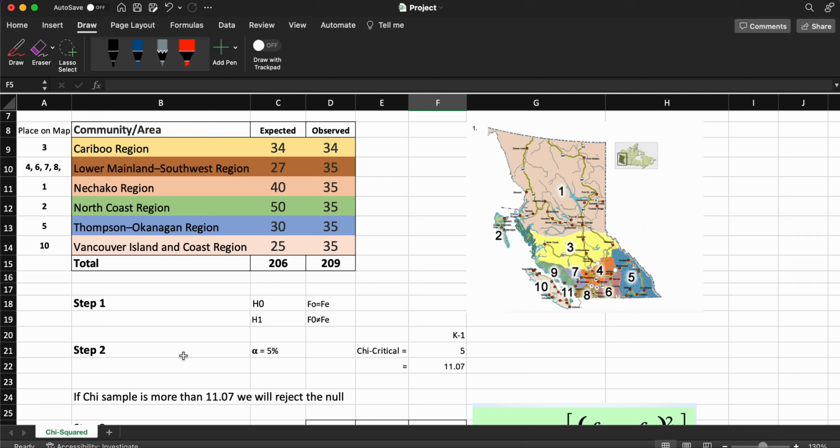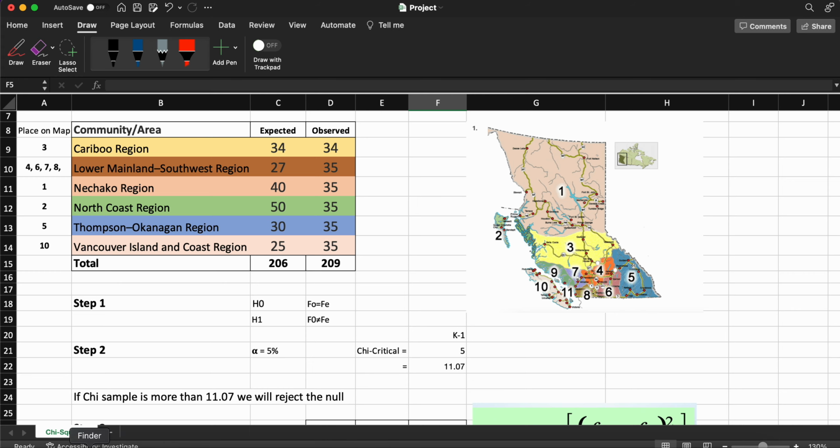In step 2, I've chosen the 5% significance alpha value here, and then you want to find the chi-critical value, and you do this by counting the number of observations, and there's 6 here, so that would represent k. k minus 1 is 6 minus 1, and so the degrees of freedom would be 5, and so you go to your data,